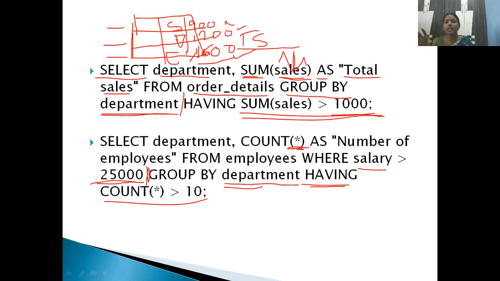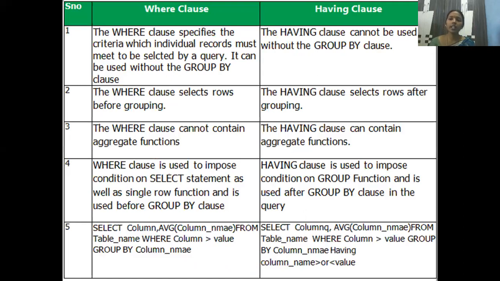In that result set, I don't want to display all the groups of the employees. I want to display those groups which contain more than 10 employees. Only those details I want. So what it means is, I'm making a group by. After that, I'm applying a condition. So that is what? Count star is greater than 10. I'll show you this with practical examples. What is the difference between where clause and having clause? Now we'll see. Now look over the difference between where clause and having clause.